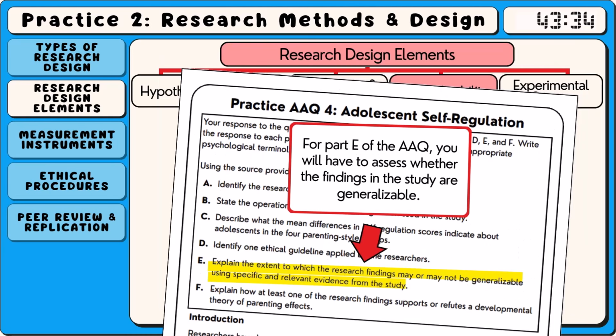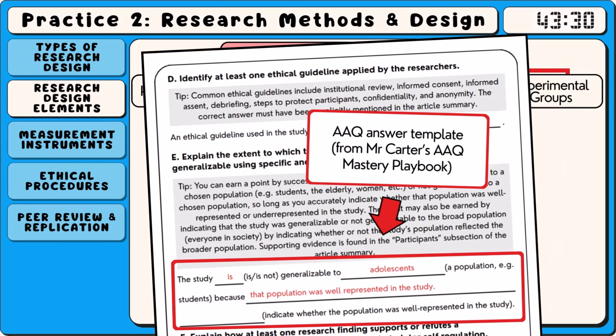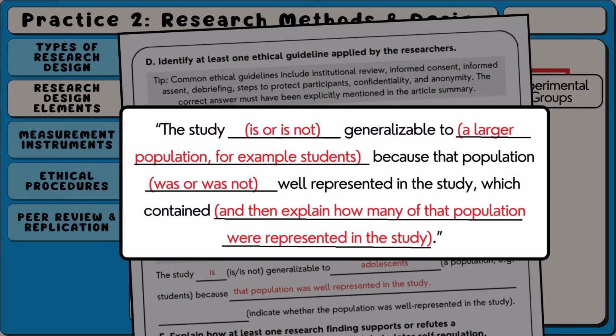For Part E of the AAQ, you will have to assess whether the findings in the study are generalizable. If you've gone through my AAQ playbook and video walkthrough, linked in the description, you'll know that I give my students a template for how to answer this generalizability question in the AAQ. It reads, the study is or is not generalizable to a larger population, for example, students, because that population was or was not well represented in the study, which contained, and then explain how many of that population were represented